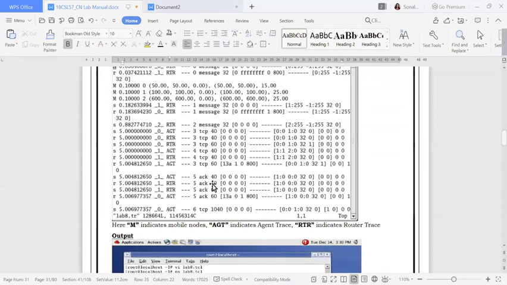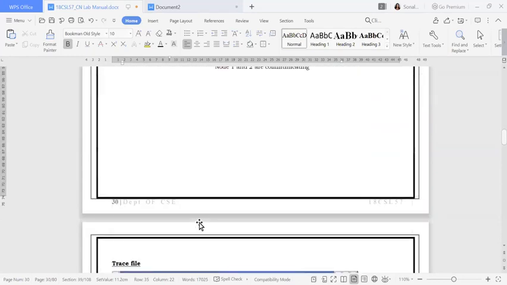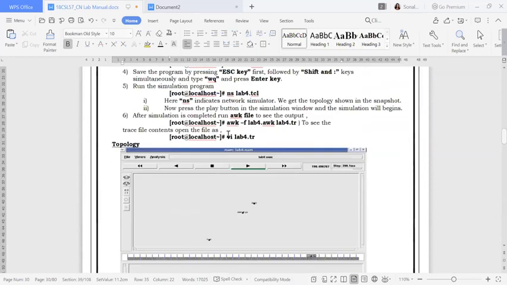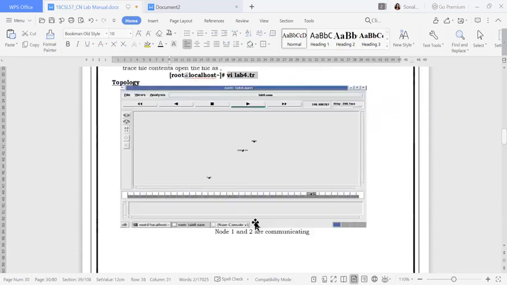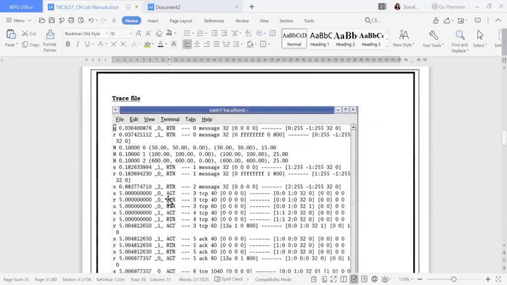If you want to see your tracing file, then you have to write vi lab4.tr. If you write this, then you are going to see this. But this is not mandatory to show. This is only for your reference. So here, everything you are seeing is according to your 12 fields. I told you, if the first field is R, can you see here R, S, R, M, M, S, R, something has been written. So if the first value is R, it is going to consider that line.